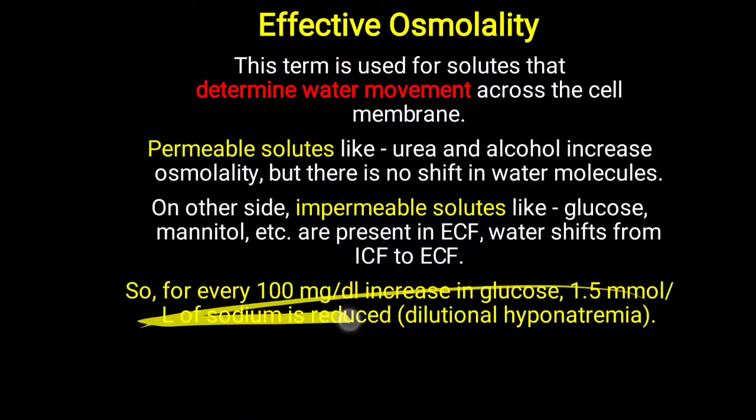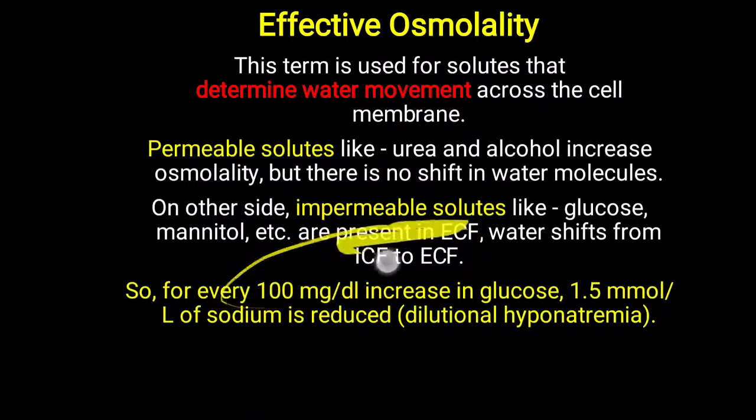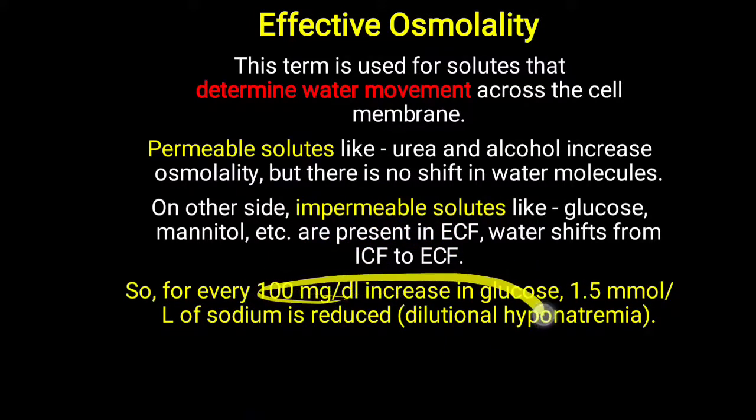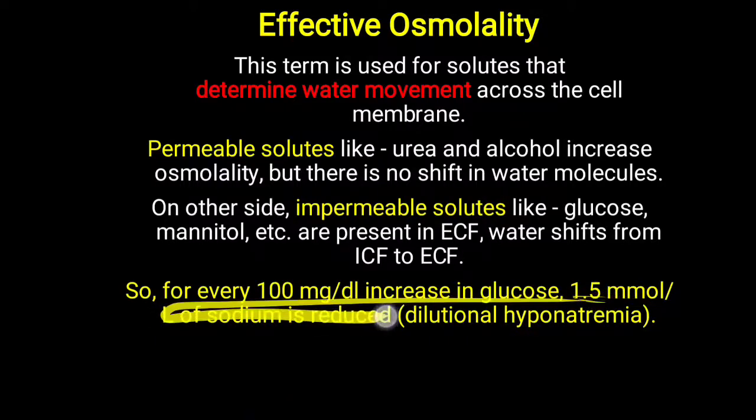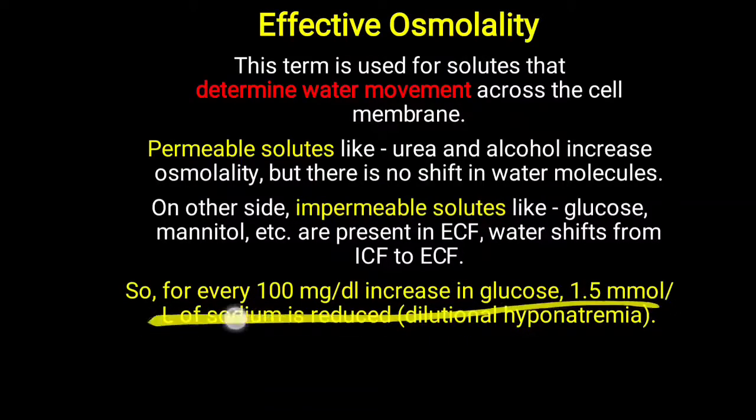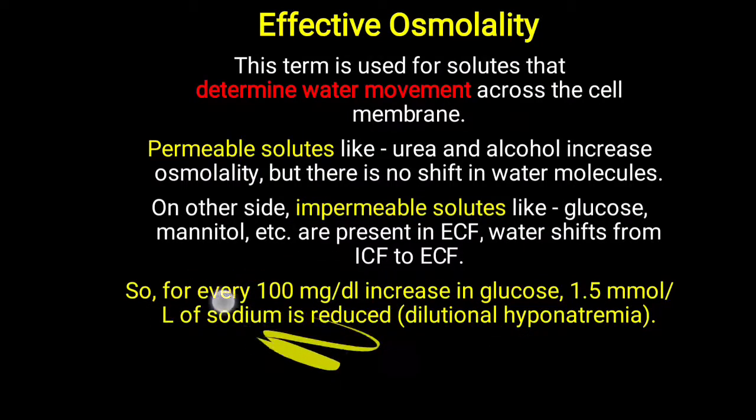Why is it occurring? Because this glucose is present in the plasma, so water is coming outside from the cell into the extracellular fluid in the plasma. So water level is increased in the plasma, and sodium content is already normal, about 140, but there is an increased water movement, an increased water content of the plasma. So what happens? Overall, suppose it is 140, now it will become 138.5. So there will be a dilutional hyponatremia. That dilutional hyponatremia, occurring due to a high level of glucose, you have to keep in mind.